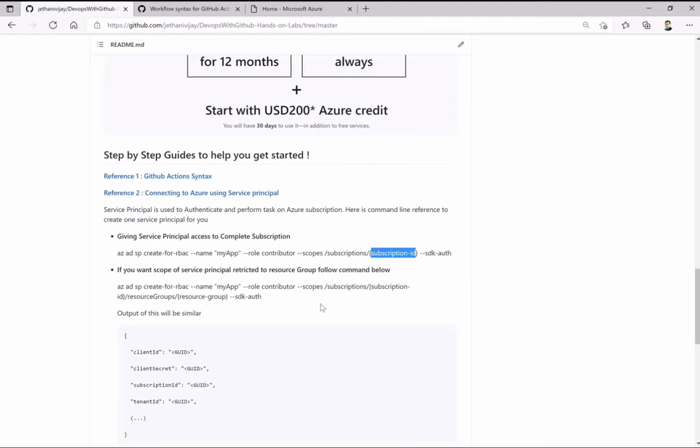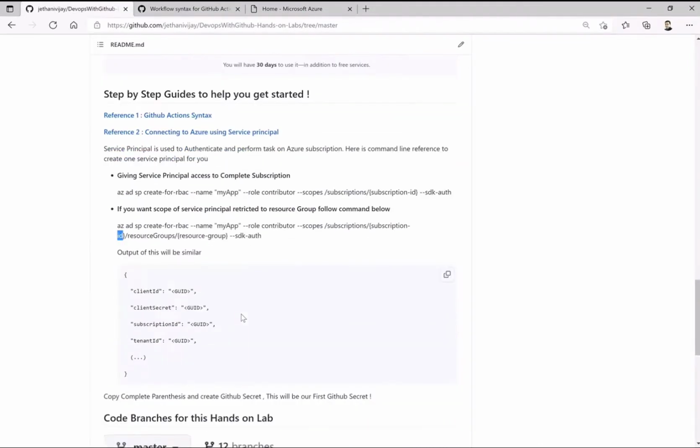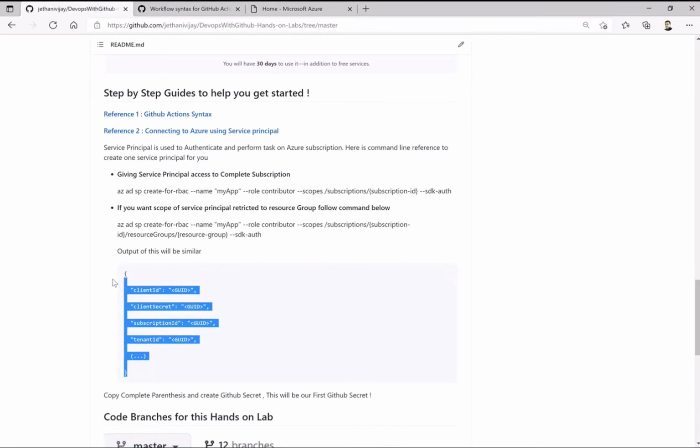Similarly, while you are doing it for a resource group, you have to replace the resource group as well as your subscription ID. You should have that information before you create the service principal, and the output will be something similar to the client ID, client secret, and all the relevant details. You have to copy this to create a GitHub secret.